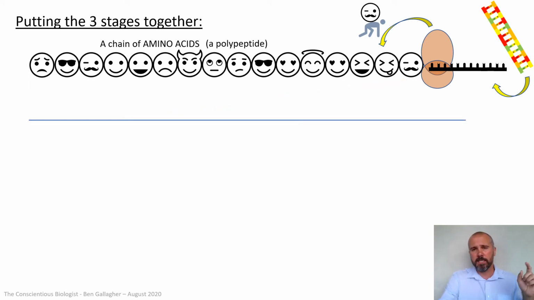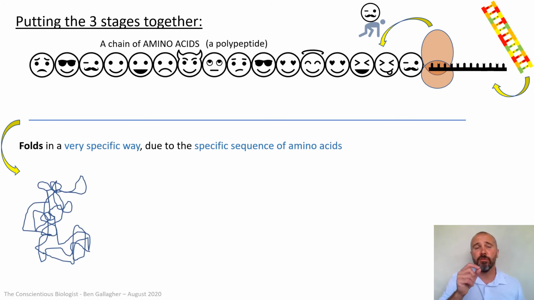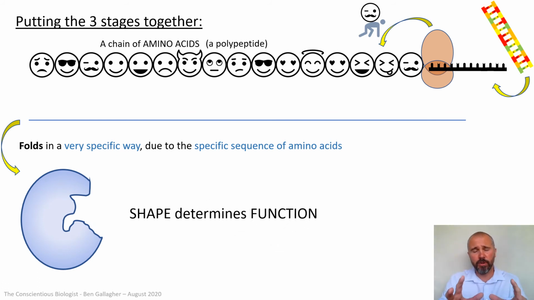So we're going to represent it with this long blue line to represent the long polypeptide, the long chain of amino acids. So stage 3 is that long chain needs to fold in a very specific way, and it will fold depending on the sequence of amino acids that are there. Okay, when we draw it, we never draw it as that folded squiggly line, of course, we just draw around the outside of it so you can see the shape that it folds up into,